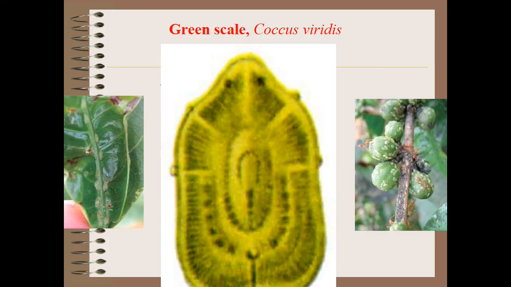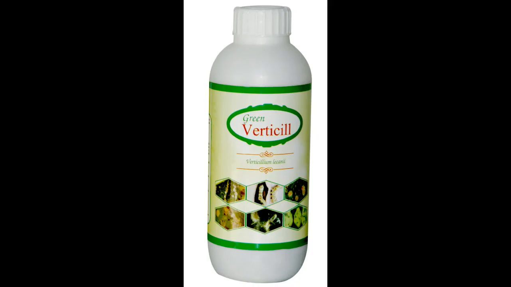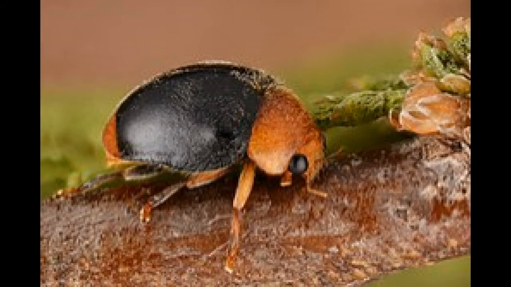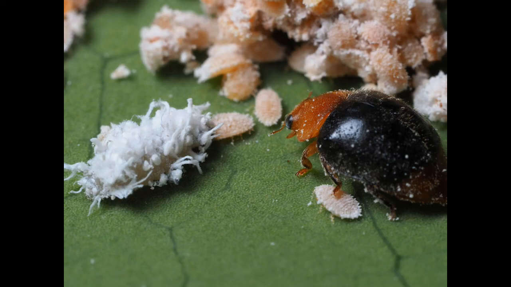Severe infestation results in discoloration of leaves and fruits, and infested leaves are often covered with sooty mold, and tender shoots and the undersurface of leaves are covered with scales. You can use Verticillium lecanii, that is the white halo fungus, at the rate of 6 into 10 power 6 spores per ml, and release the Australian ladybird beetle, Cryptolaemus montrouzieri, at the rate of 750 per hectare. They also recommend contact insecticide as well as systemic insecticide.